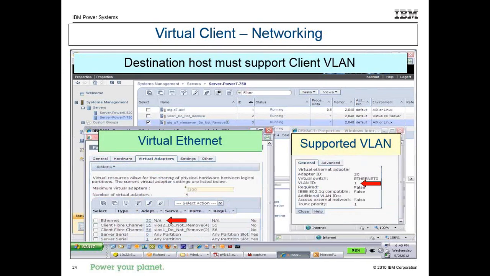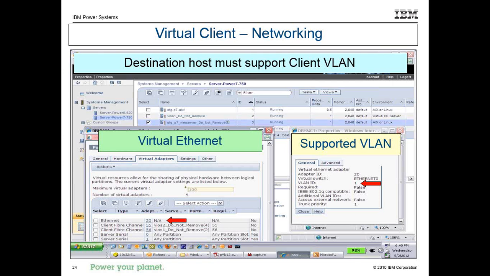Also on the client, if we look at the virtual adapters, we have a network, and we also have virtual fiber channels in this particular screenshot. So it's showing you that we're using virtual Ethernet and virtual fiber channel for our SAN storage on our network infrastructure. And we do support different VLANs, so the bottom right shows that you can use VLANs if you want to.